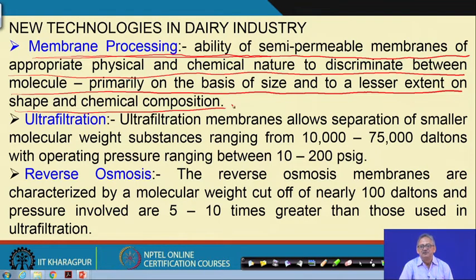What is membrane technology done? Say we have a membrane, right? So, it will have very fine pores, very fine pores. The finer the pore size, the